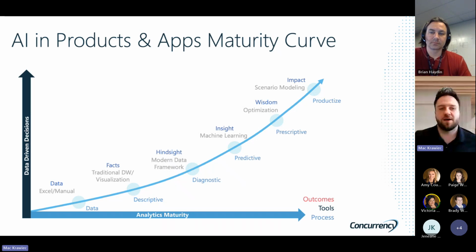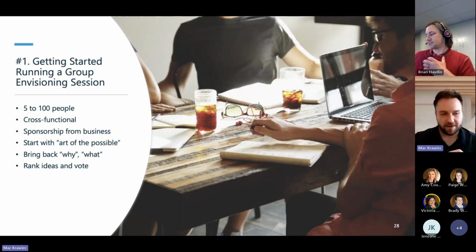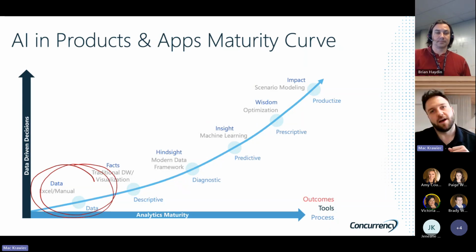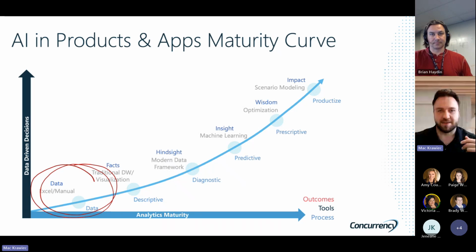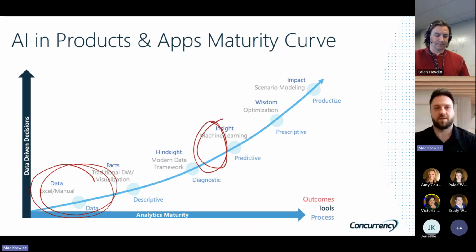Let's talk a little bit about the maturity curve of AI in our products and applications. One of the things I've recently come to a realization of is there is a significant amount of companies that are still down here. There's a lot of companies that still operate out of Excel, manage their business in Excel, some big, large, some smaller than others, but they do. And we've taken companies just like that to about this area of the maturity curve, just by virtue of implementing this system that we've been discussing for